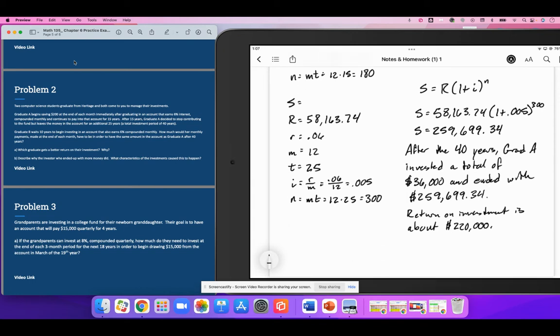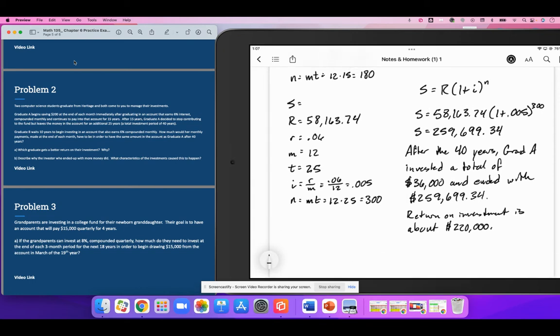That's pretty awesome right there. So now we're looking at graduate B, who has waited 10 years to begin investing. That's a bad decision, graduate B, and wants to have the same amount of money in the account that graduate A does. And this person has 40, let's see,